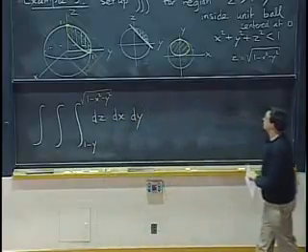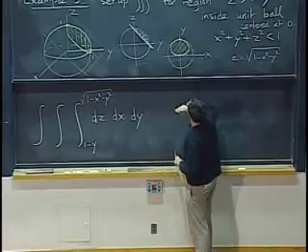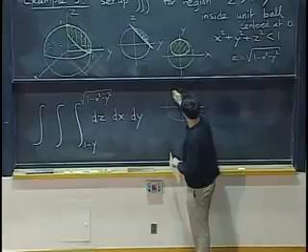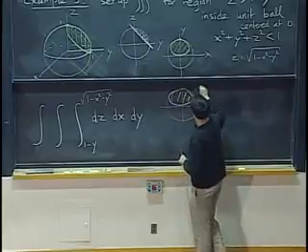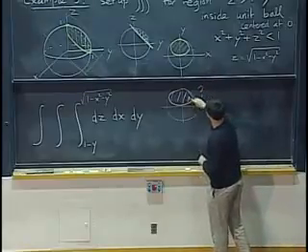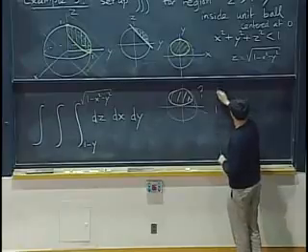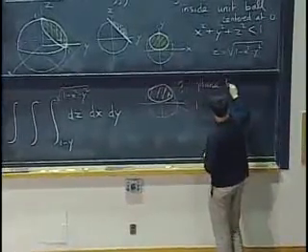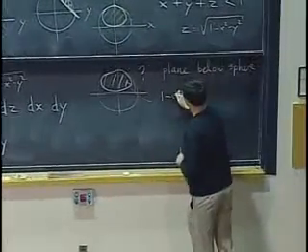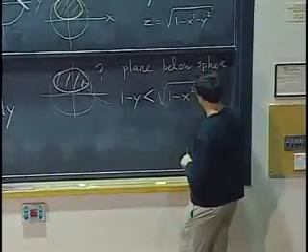And then to find the bounds for x and y, you have to figure out what the heck is this region here. So what is this region? Well, we have to figure out for what values of x and y the plane is below the sphere. So that's when the plane is below the sphere. That means 1 minus y is less than square root of 1 minus x squared minus y squared.